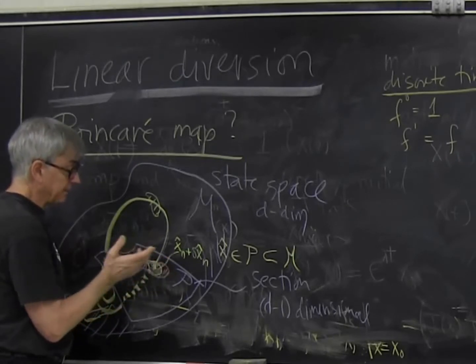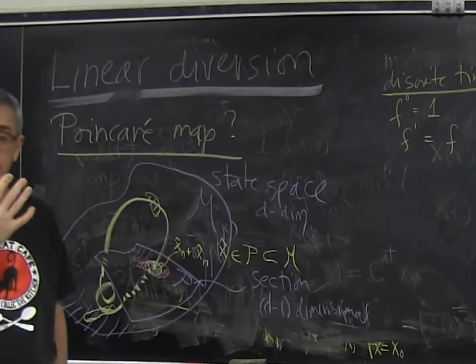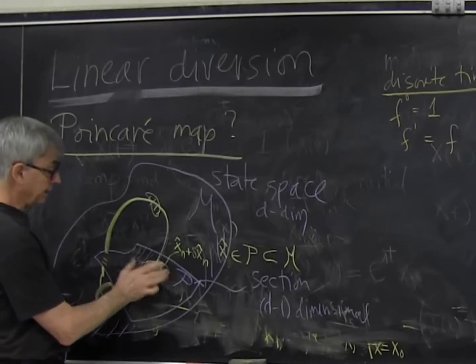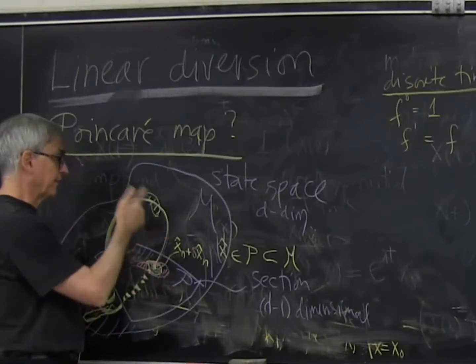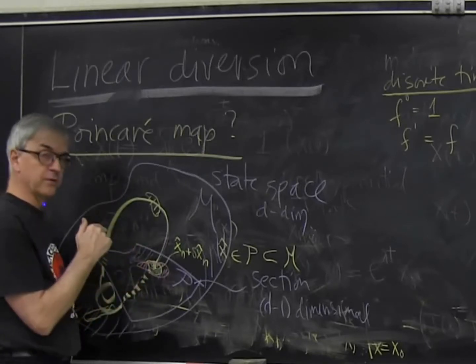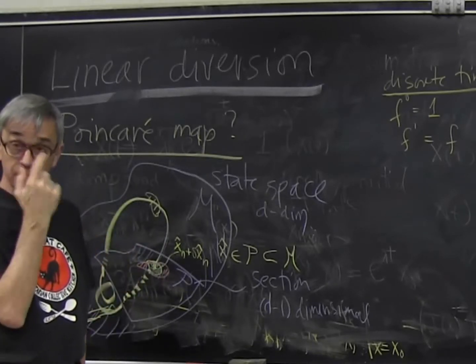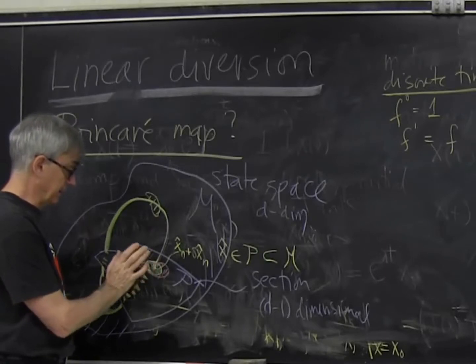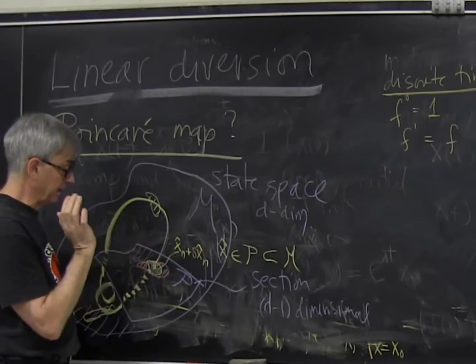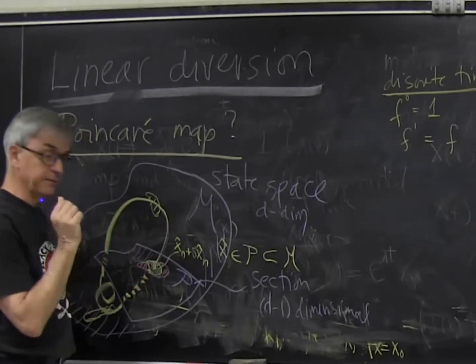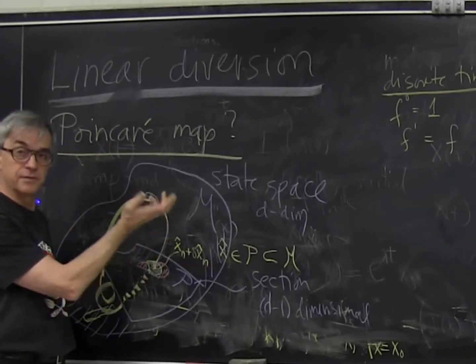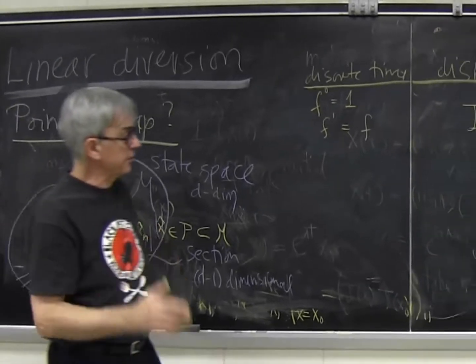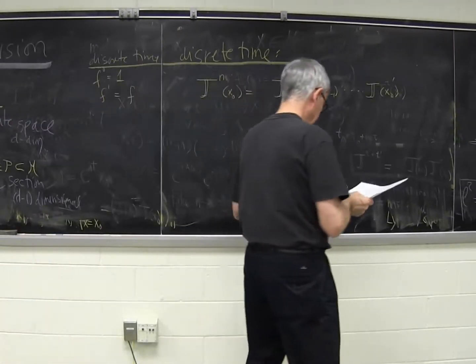So, I'll get back. What's not obvious to me, at least, is that when I write a d minus d, when I write a Jacobian for the map, and I write it for the flow, it's not obvious to me that the multipliers of the flow will tell me what the multipliers of the map do, because the map is chosen somewhat arbitrarily. So at least to me it's not obvious, so it's worth checking.